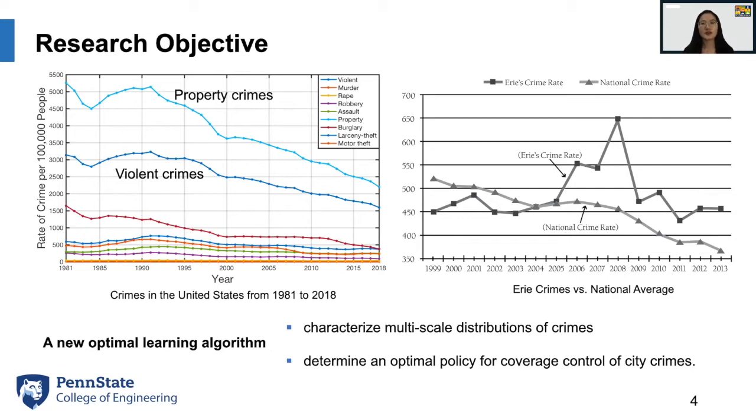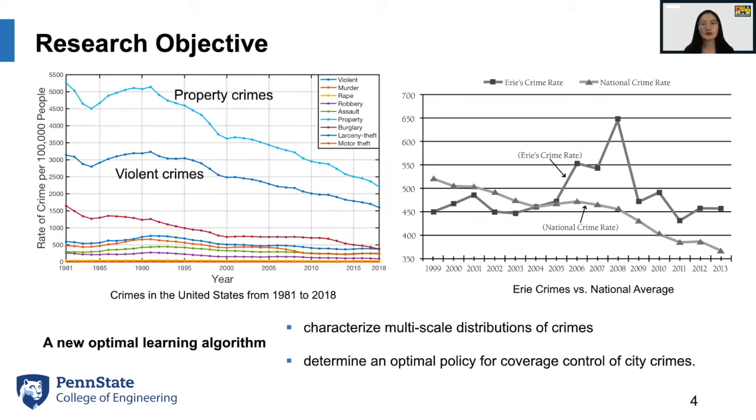As the fourth largest city of Pennsylvania, Erie has a relatively low crime rate compared to other large cities in New York, Ohio, and Pennsylvania. However, as shown in this figure, Erie crime rate is higher when compared to the national average, which is because of economic factors that plague the city, as well as the limited law enforcement resources.